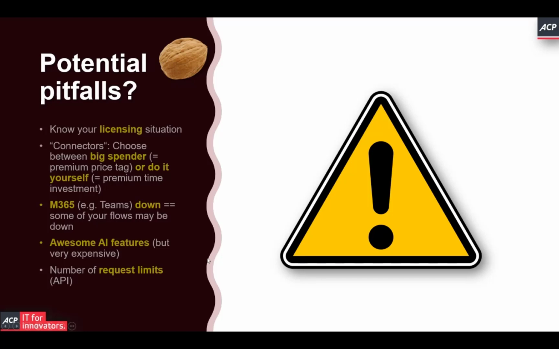But if you have a very basic licensing situation and you set your automation up in a way that one user creates all the automation processes and has a lot of things that are run several times per day or even per hour, you might run into problems of request limits. So another thing to keep in mind before you put things together in Power Automate is think about whether the processes that you're building are something that are going to be API heavy so that you're going to have a lot of requests, or whether this is something that will happen on a daily or maybe weekly basis and have fewer impact.